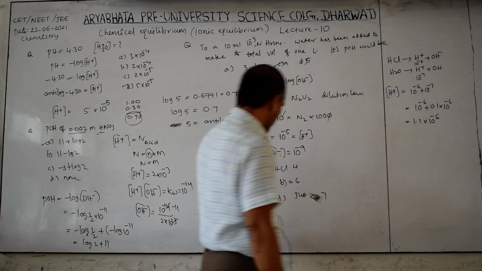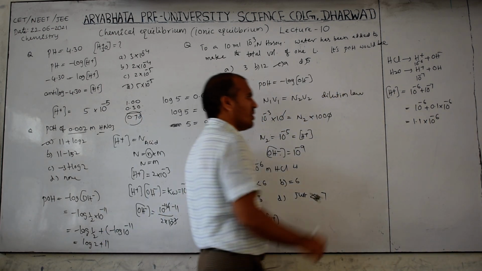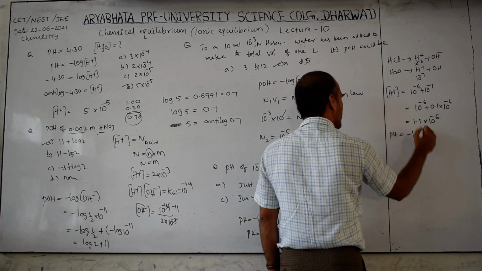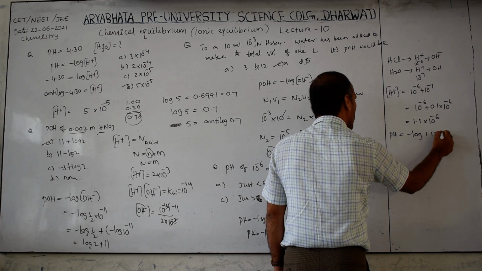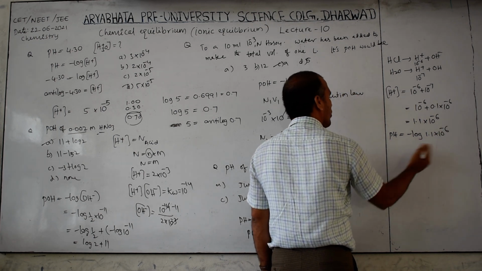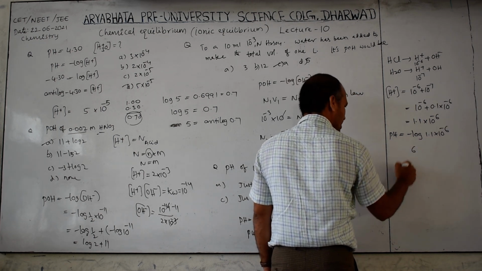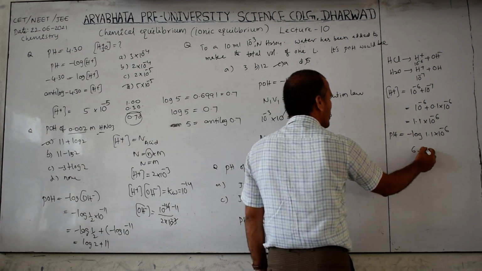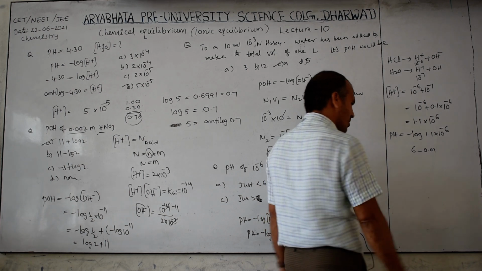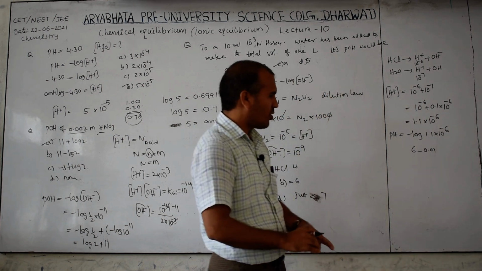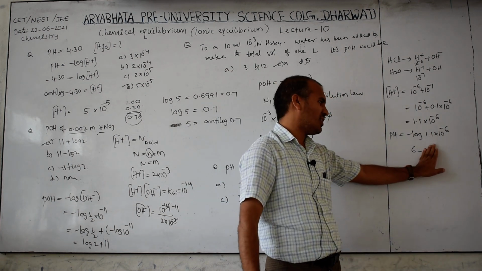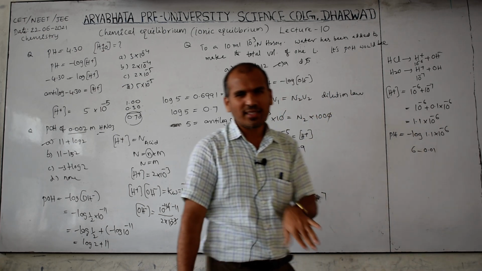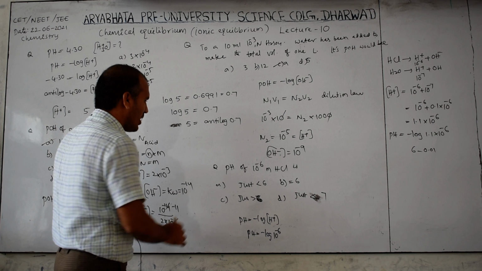If you put this in, then what happened? Then pH is equal to negative logarithm of H plus ion concentration 1.1 into 10 power minus 6. Therefore, this is 6, meaning plus 6 you will get, minus log of 1.1, which is something like 0.0 something, consider. I don't know the exact value of log 1.1, I am just writing like this. So something we are subtracting from 6, which means that is just less than 6. Therefore, answer is A.